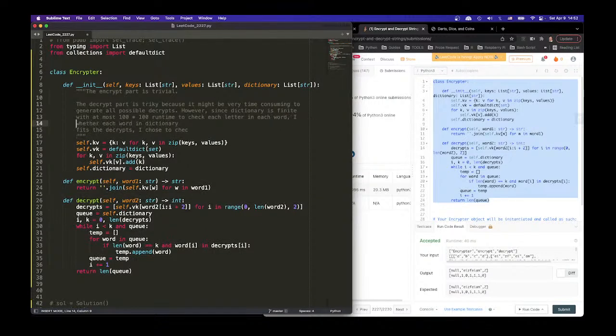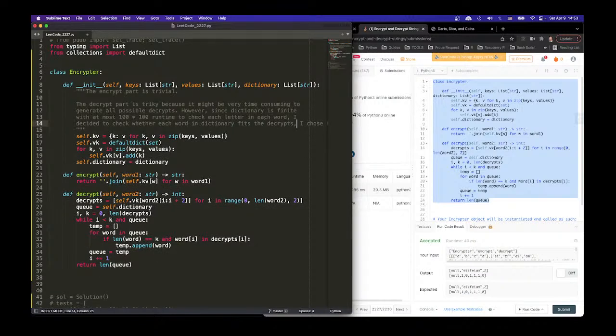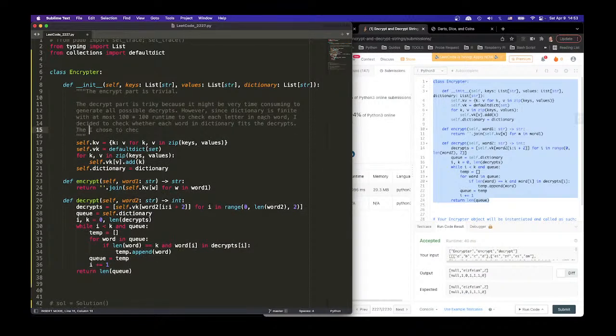All right, I decided to check whether each word in the dictionary fits the decrypts. The checking procedure follows a BFS scheme